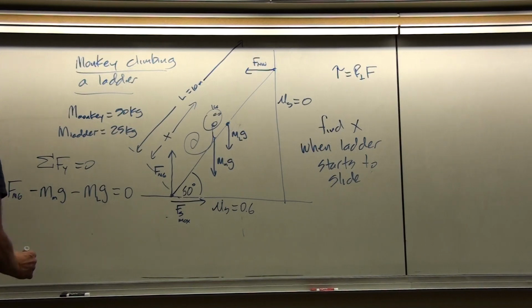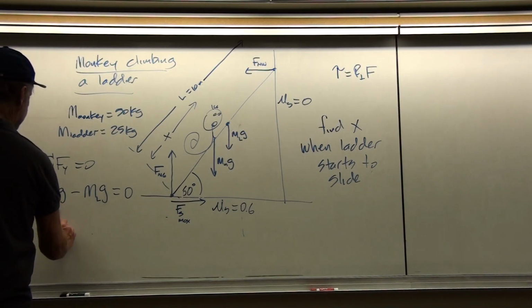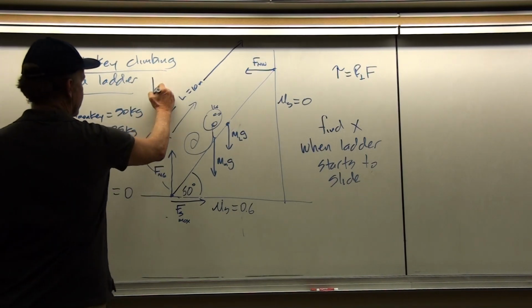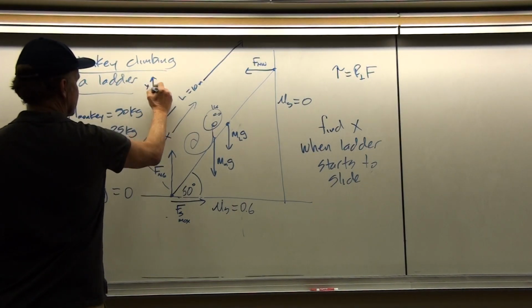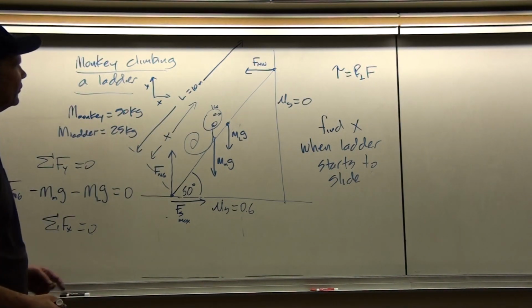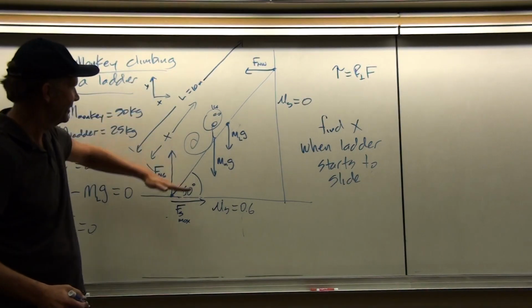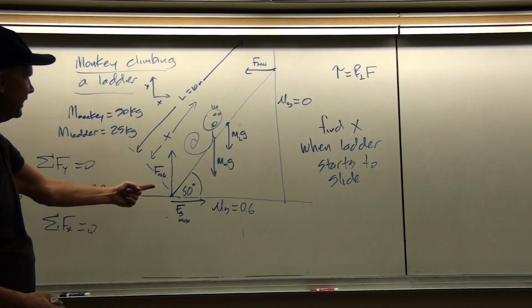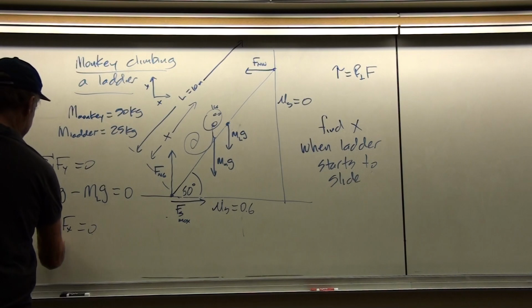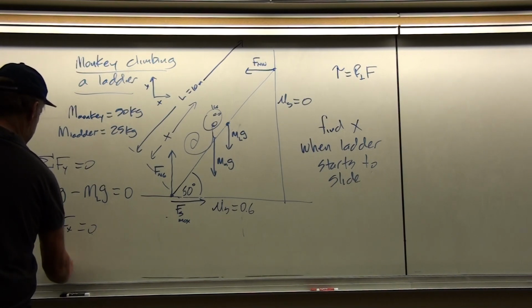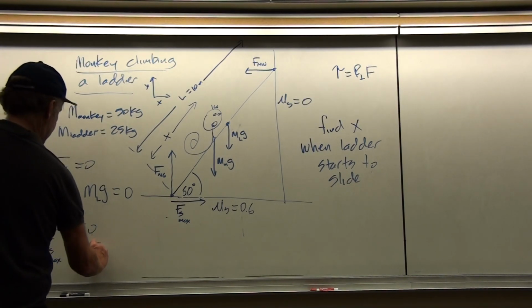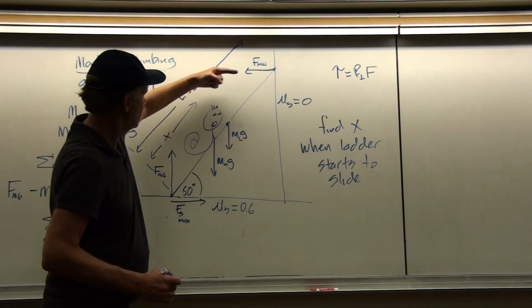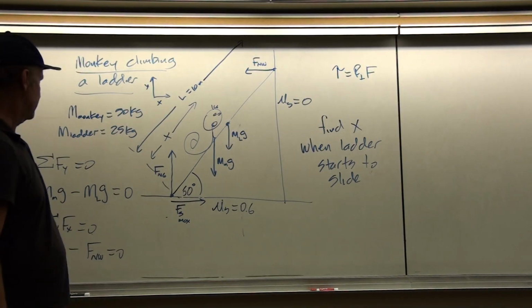Now in the x direction, we have the sum of the x forces is 0. And I think it's clear here that we've chosen an xy coordinate system that looks like that, because all the forces are either vertical or horizontal. None of them are off at an angle in this problem. So the sum of the x forces, we have F static maximum minus F normal wall equals 0. So it's this force minus that one is equal to 0.